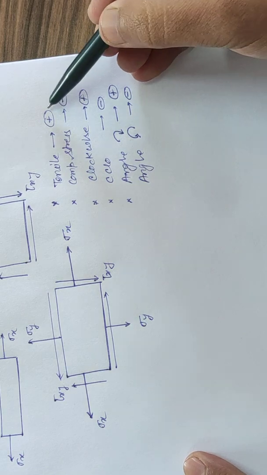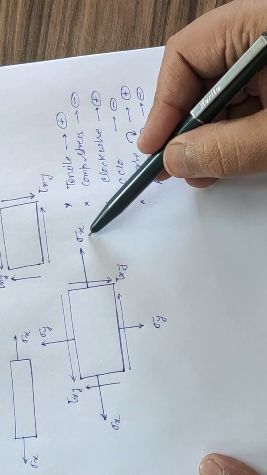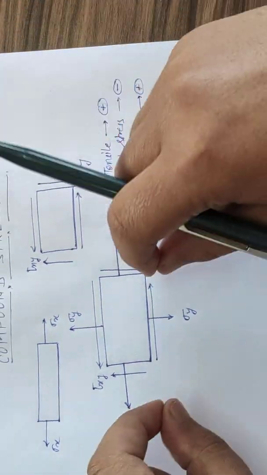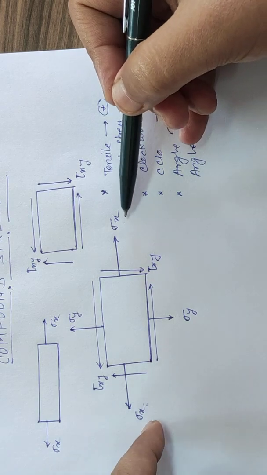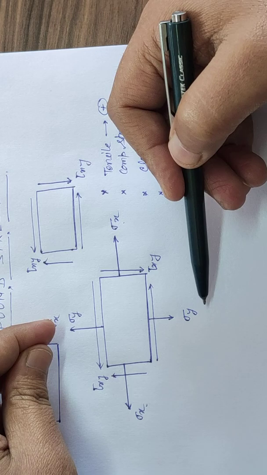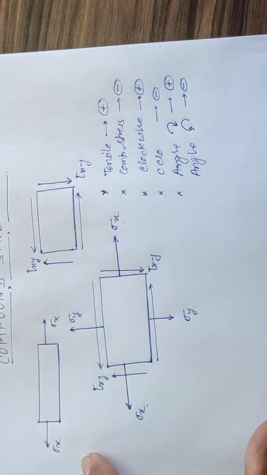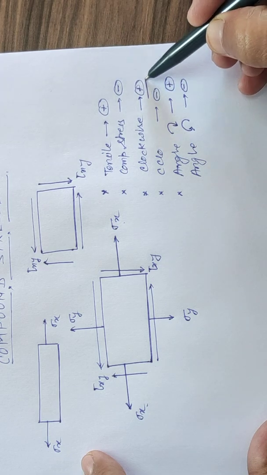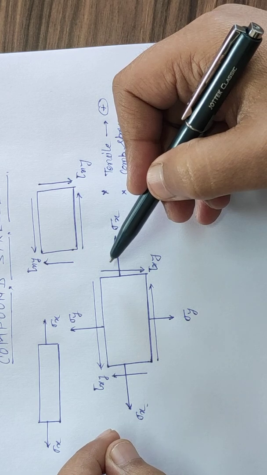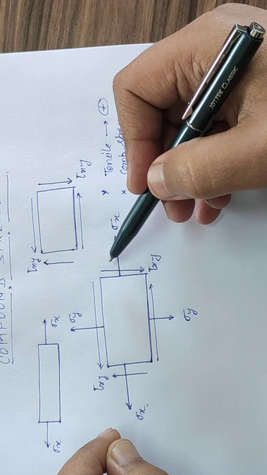So the tensile stress sigma x is a tensile stress which is going to increase the length of the member. So this sigma x we will take as positive. In the y direction also we will have tensile stress, so this sigma y we will take as positive. Now the clockwise couple: the meaning of clockwise couple is that we take the pair of shear stresses on the parallel planes forming a clockwise couple.